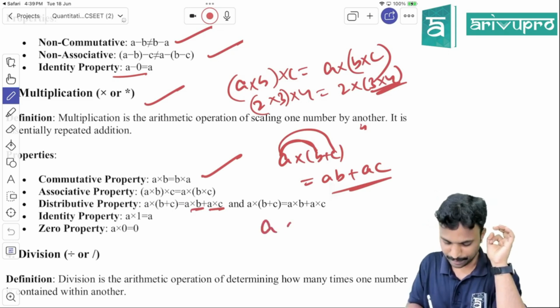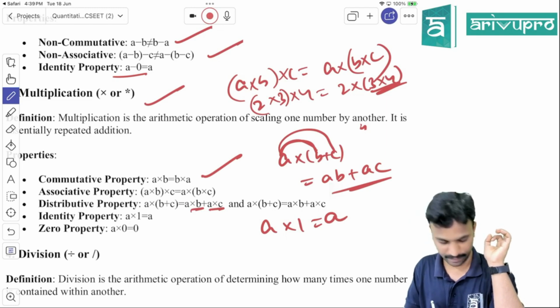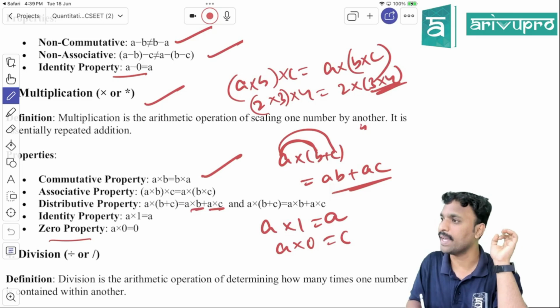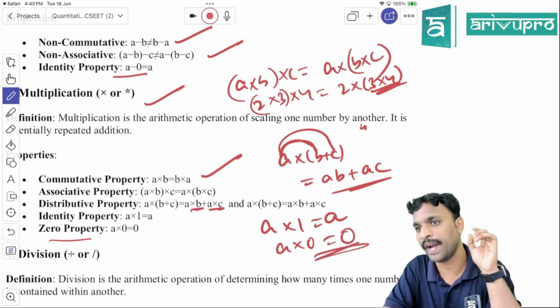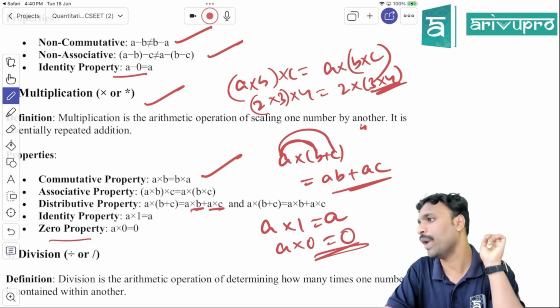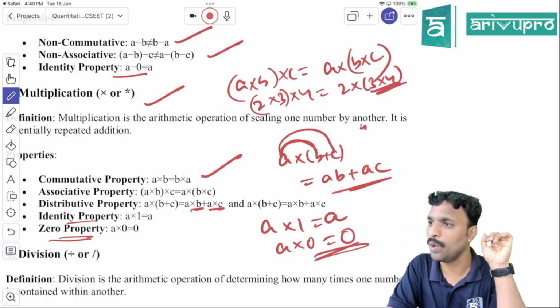Any number multiplied with 1 will give you the number itself, and the 0 property. A number multiplied with 0 will be 0 only. A number multiplied with 1 will be the number itself. A number multiplied by 0 will be 0. So the 0 property and identity property will hold for